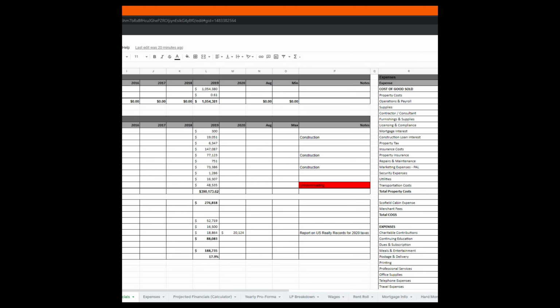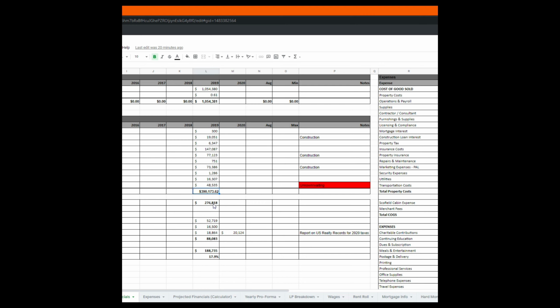But right here, we've got all of these add backs that are coming over from this expense side. So this $390,000 worth of add backs. And then down here, this is the EBITDA. I can't remember exactly what it stands for, but it's basically the expenses before interest, taxes, and it's also adding back in all of these add backs as well. So it's kind of like the normalized NOI that we talked about in our last video. So you're going to take all your expenses, you're going to take your income here, and these are the add